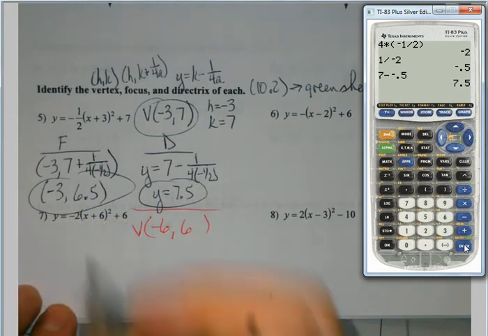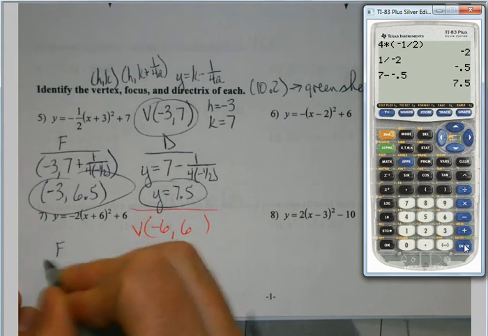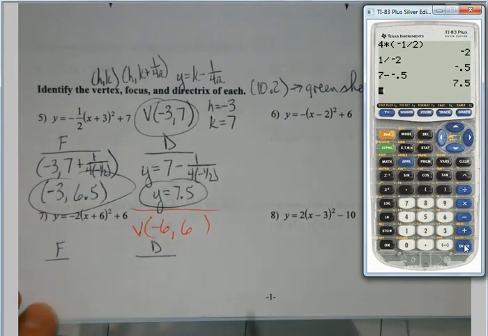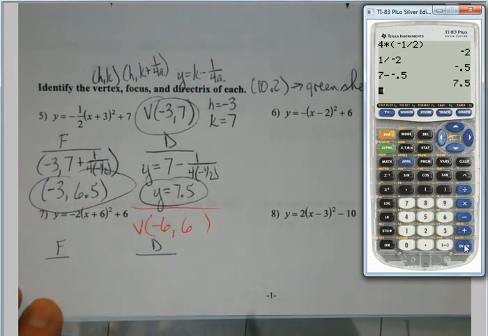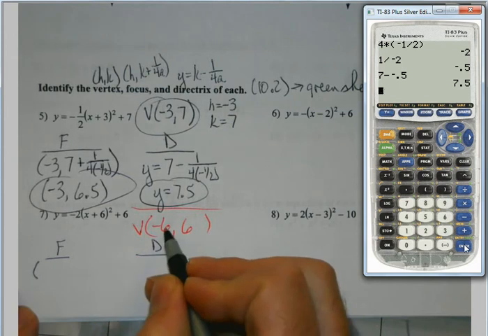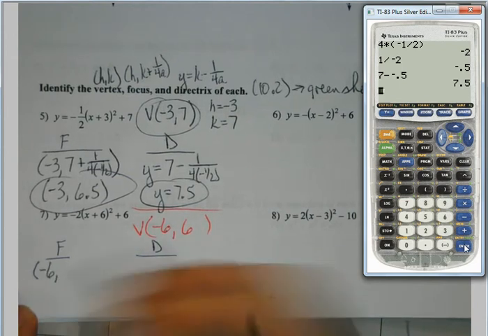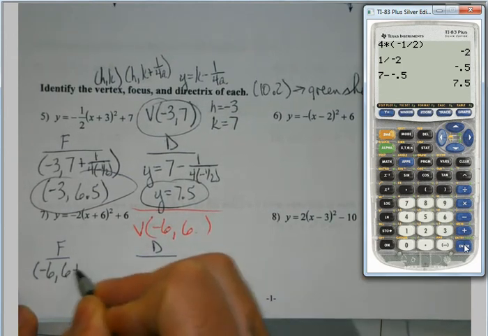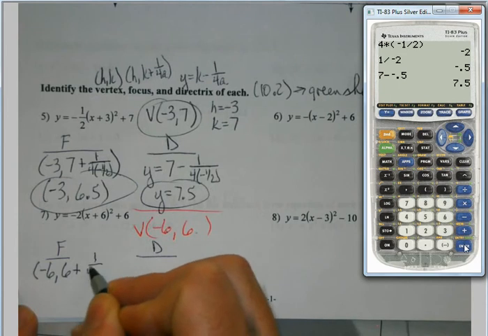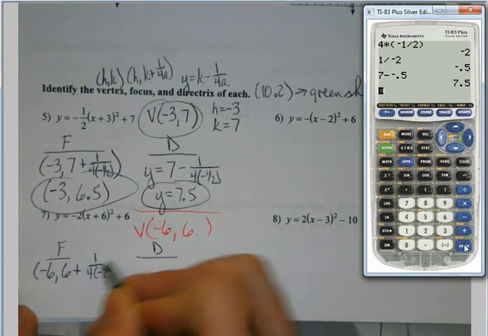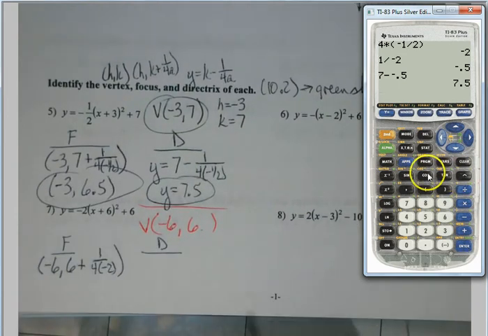My directrix and my focus, again, my focus, it's my H value, and then my K plus 1 over 4 times A. Just a reminder again, denominator first,